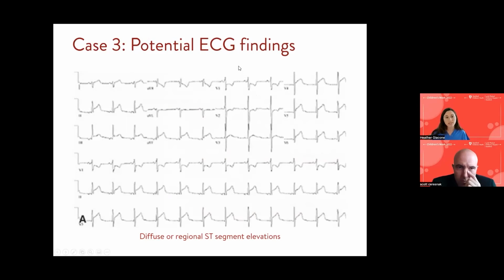So I wanted to go over some potential electrocardiographic ECG findings that you can have with myocarditis. So I feel like this EKG is the standard one that you remember from pediatric training. So you have diffuse or even sometimes regional ST segment elevations. So you can see this here, where you can see just diffuse elevations. Some are actually depressed. And so that's signifying globally that the heart is having perfusion effects.